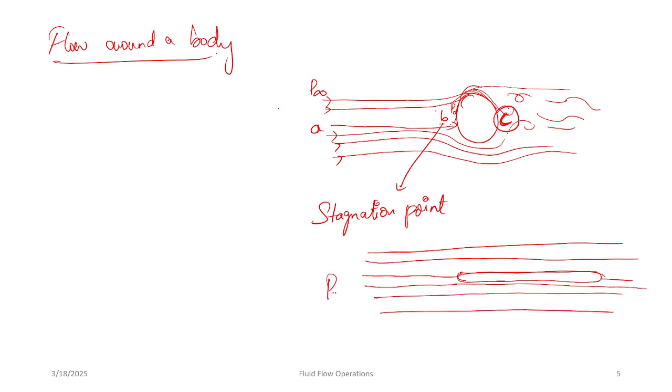Okay, so let's say this is point A, and let's say pressure is P infinity, and we have uniform velocity U. So this is also having uniform velocity U. This is point B, and this is point P naught. Okay. So in case of a flat plate, the disturbances that are being caused are minimal